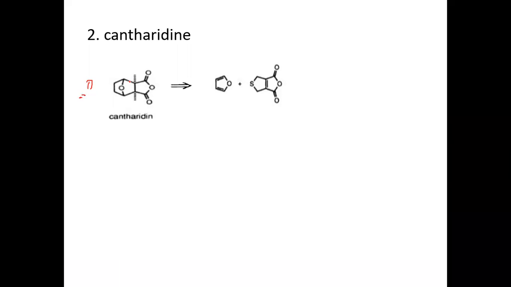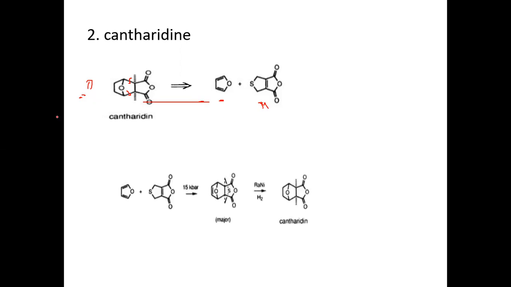Look at here, it is like a Diels-Alder reaction. If we cut here and here, we'll get a furan, and we'll get maleic anhydride. You know that this group is maleic anhydride. Here one extra methyl group is there. To accommodate that, we added a sulfur here. One is furan, and it is a derivative of maleic anhydride. You might have heard about maleic acid. It is the anhydride of that acid. This is the disconnection.